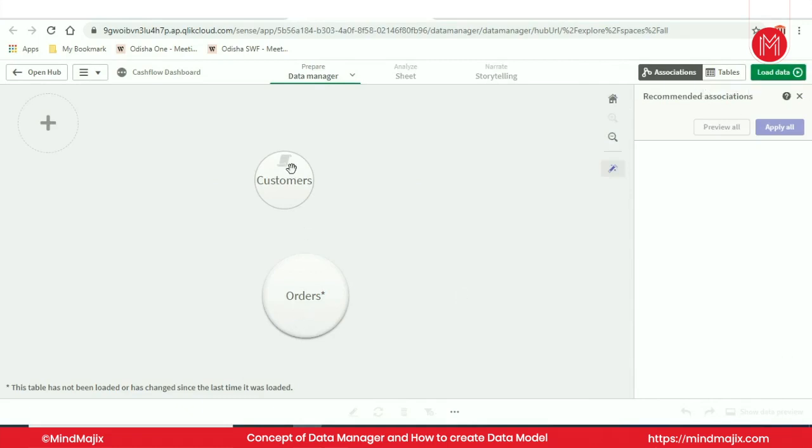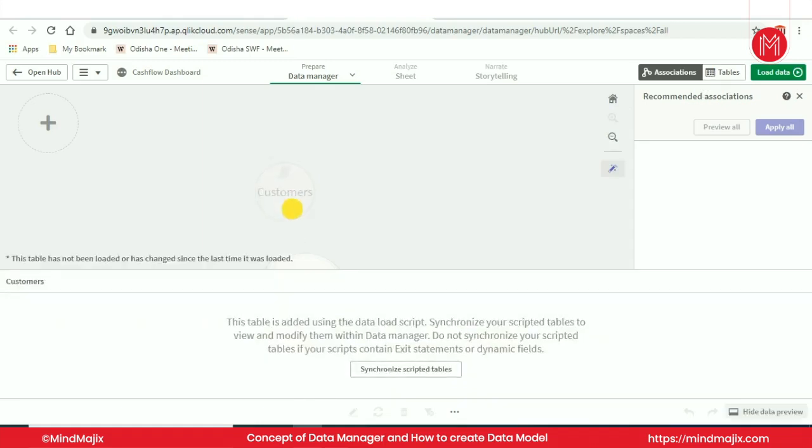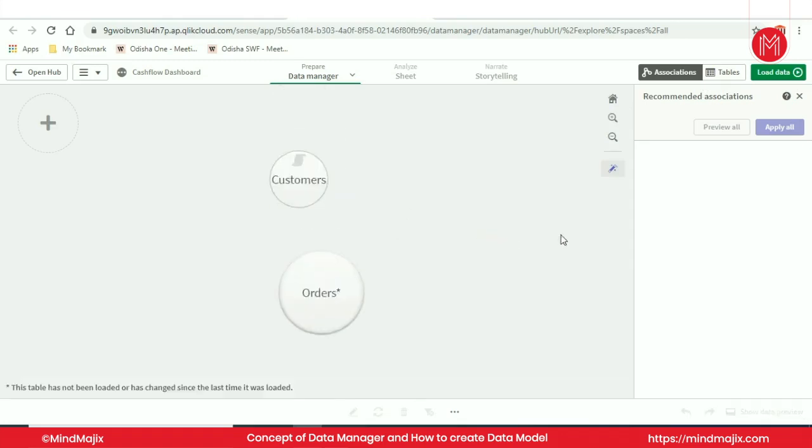Order and customer do have a relationship. If you want to create the relationship, first of all I have to load these tables. Since I will add it to the data model, it is saying recommended association, so I'll click apply all. Load the data.